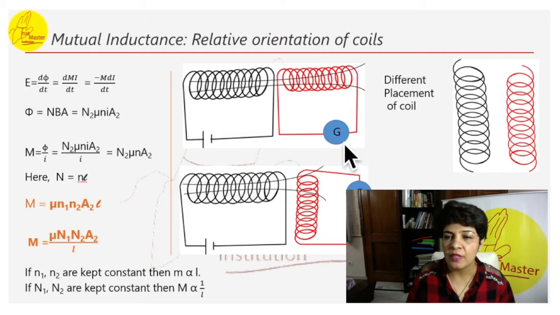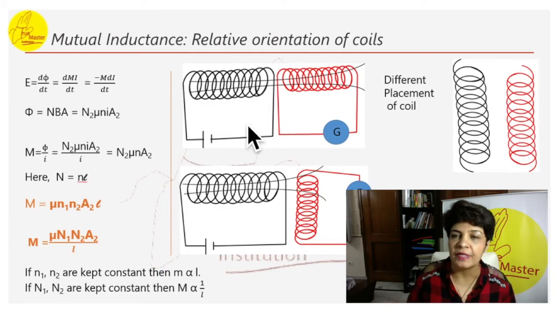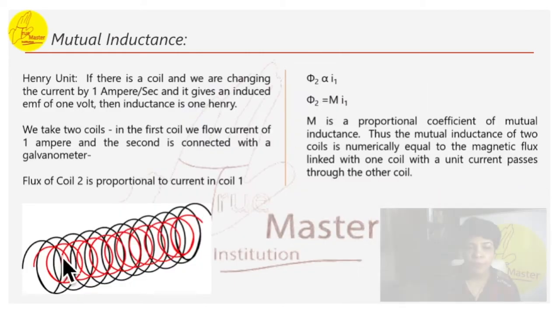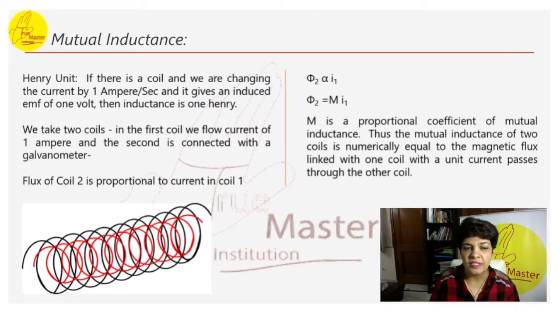So the effect on the second by the first is called mutual inductance. In self-inductance, it was the same coil, effect on the same coil. Here, the effect is from the first on the second coil. The proportionality constant M is called the mutual inductance or coefficient of mutual inductance.